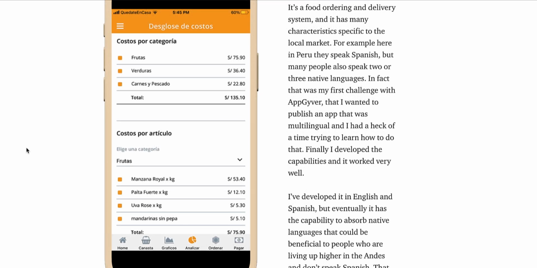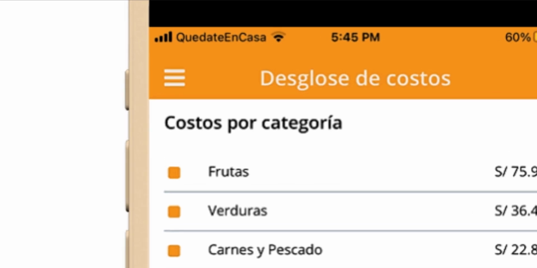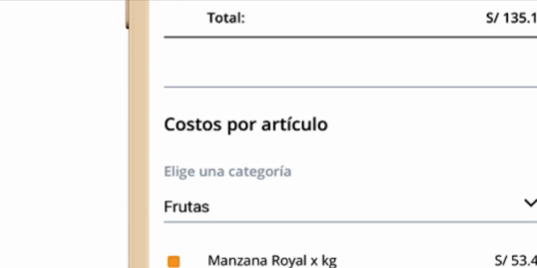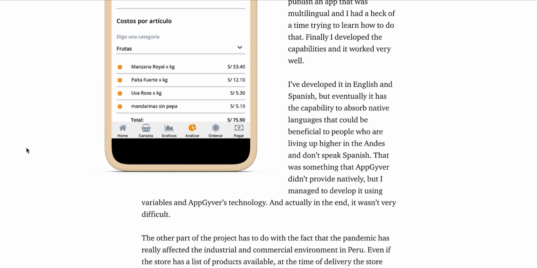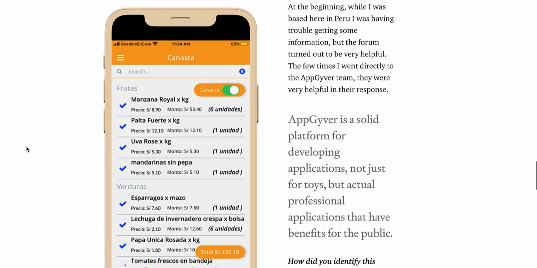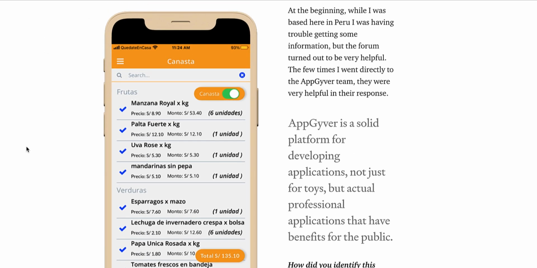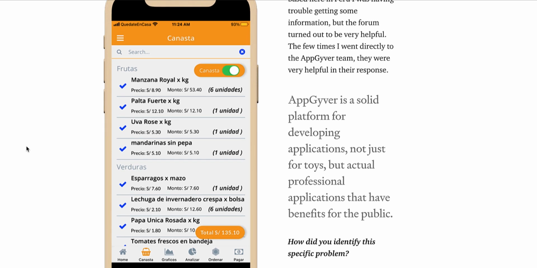When we look at what's going on with how he used AppGyver, I noticed that he's using a lot of different types of formats. We have the hamburger style, or the menu in the left-hand corner where then he can have other options. We see a toggle right there as well. So there are a lot of different facets, a lot of different things he's using. Also the search menu. This allows you to see possibly if you're stuck on, well, it has to be one way. This app is showing you multiple different functionality or components that you can be using in your app to take it to the next level.